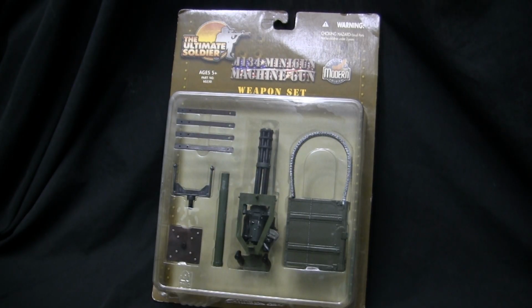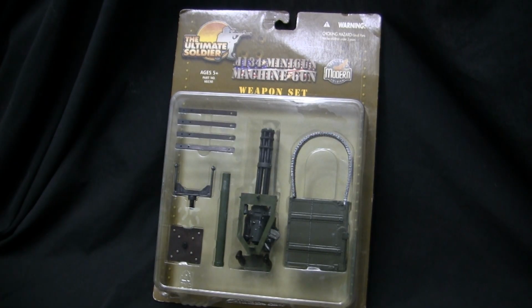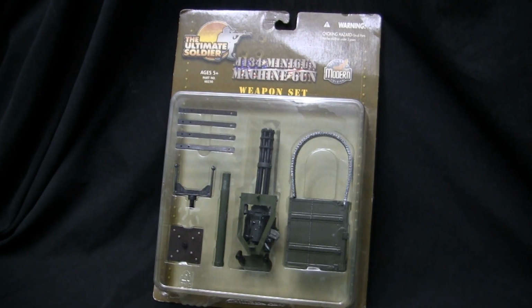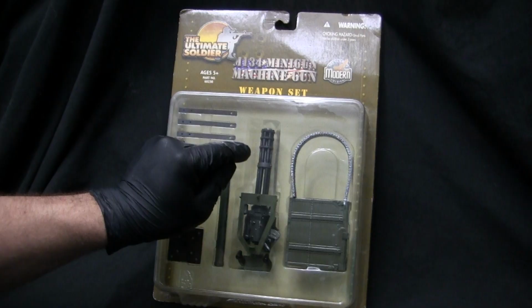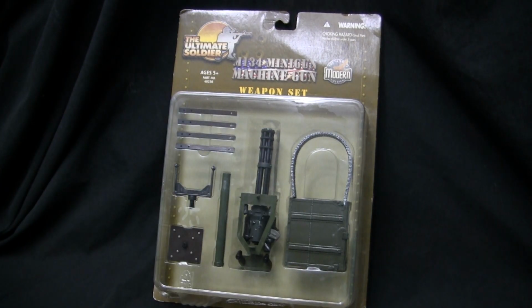Not as well detailed, but definitely more robust compared to the Dragon. 21st Century Toys produce a wide range of items from different eras, being from World War II to Vietnam. This one is from their modern era, and then they also did another line for villains, which was kind of cool. A little bit Hollywoody, but that's also relevant to point out because they did make another minigun under that brand name that was slightly different from the tooling on this one here, and we'll briefly go over that in